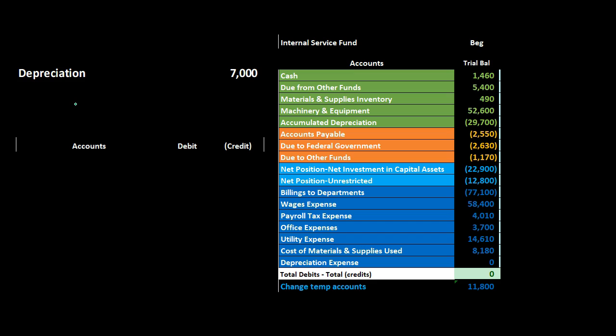Next item, we have depreciation. So we're going to be recording depreciation. This will be similar to a for-profit organization. And note, we're recording depreciation because we're on an accrual basis, even though we're in the fund accounting, as opposed to if we were using the governmental type funds, this being a proprietary type fund. The governmental type funds on a modified accrual basis wouldn't have the machinery and equipment or long-term type assets, the property, plant, and equipment type assets, the depreciable type assets, because they would only have the current assets under the modified accrual basis. Under the accrual basis being used by the proprietary funds, including the internal service fund, we do